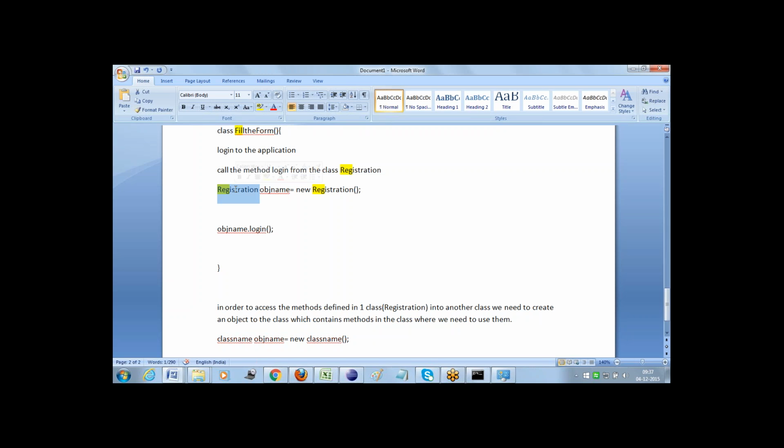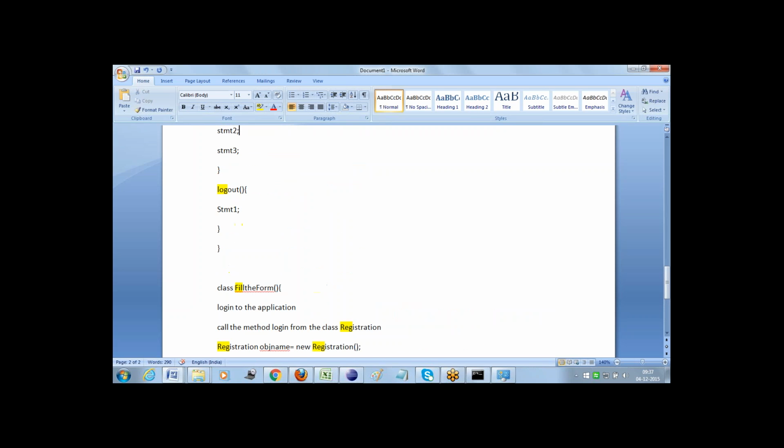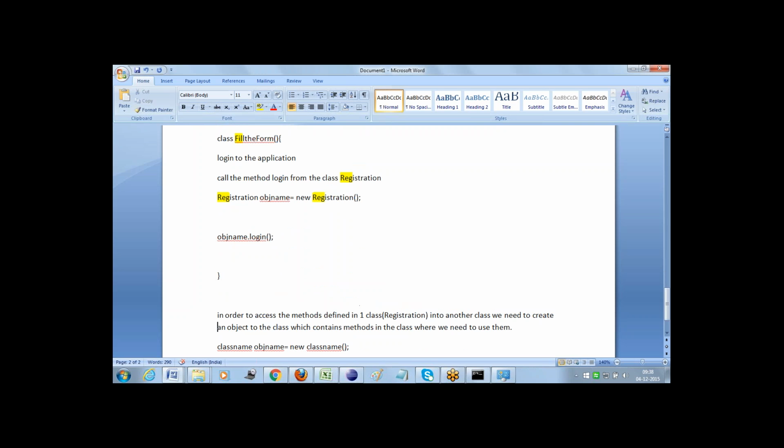My registration class contains methods, and I have created an object. As of now we have defined only two methods, but roughly there may be 20 methods defined in the registration class. With this obj name dot, I can access all the methods defined over there.